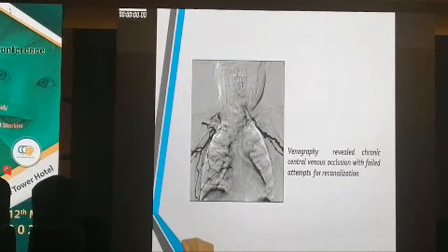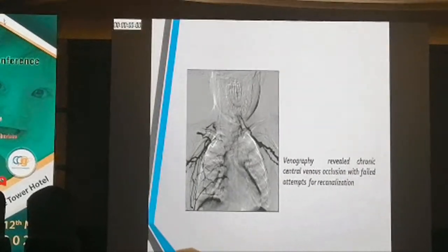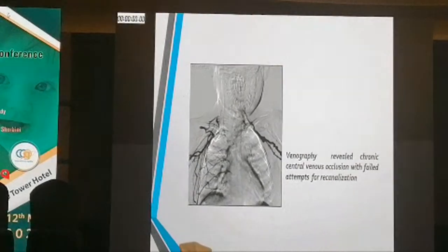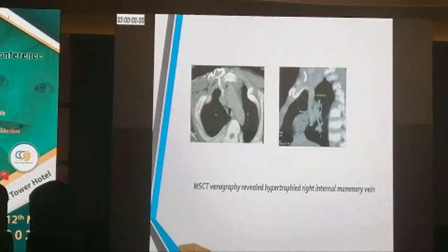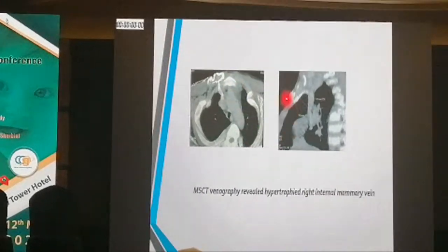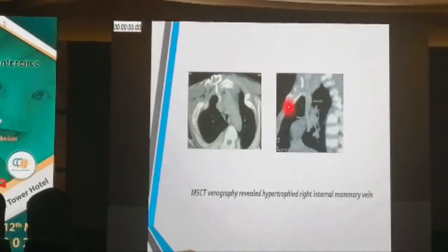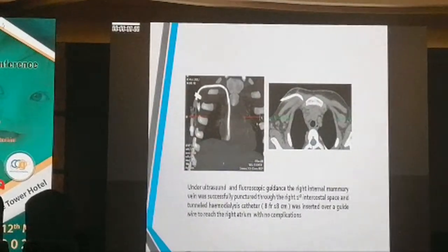In cases with long-standing obstruction with multiple collaterals, usually recanalization fails, and we have to search for other alternative pathways. In this case, multi-slice CT venography was done, which revealed a hypertrophied right internal mammary vein draining into the SVC, of a good caliber reaching 6 mm, which is good enough for a permcath or Hickman, and the successful